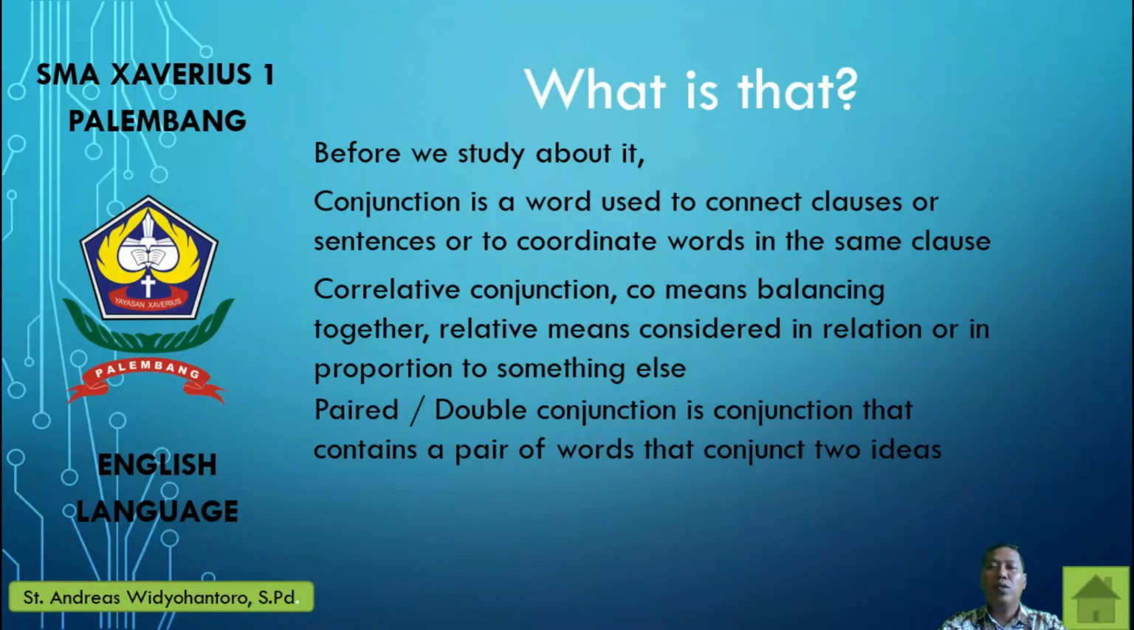Here we talk about correlative conjunction. Do you know the meaning of co? Yes, co means balancing together. Relative means considered in relation or in proportion to something else. So we can conclude that a paired, double, or correlative conjunction is a conjunction that contains a pair of words that